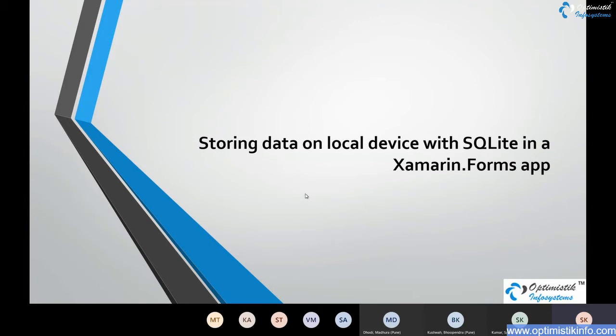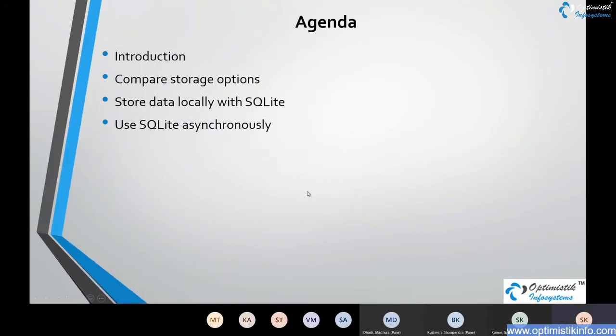In fact, at that point in time, Xamarin was not part of the Microsoft stack. It was a separate entity in itself. And later on, Microsoft acquired Xamarin to provide the integral solution based on the .NET framework along with Visual Studio itself. So talking about this session, in this session, we are going to talk about what exactly Xamarin Forms